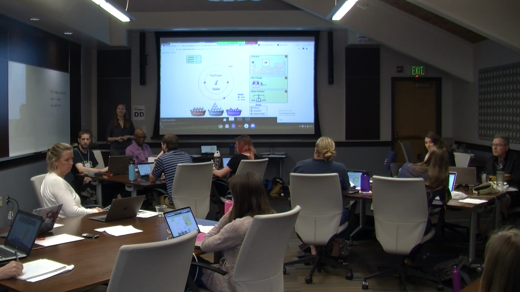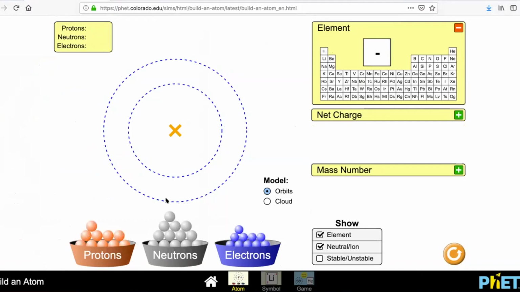Yes, Andrew, go on. So to add to Carolyn's, I noticed that when you added electrons to the inner ring, and then you had some in the outer ring as well, if you took one from the inner ring, it would replace it with another one. So if I had 2 or 3 in that outer ring, and then I took one of the inner rings out, it would start to move them around and kind of replace it.